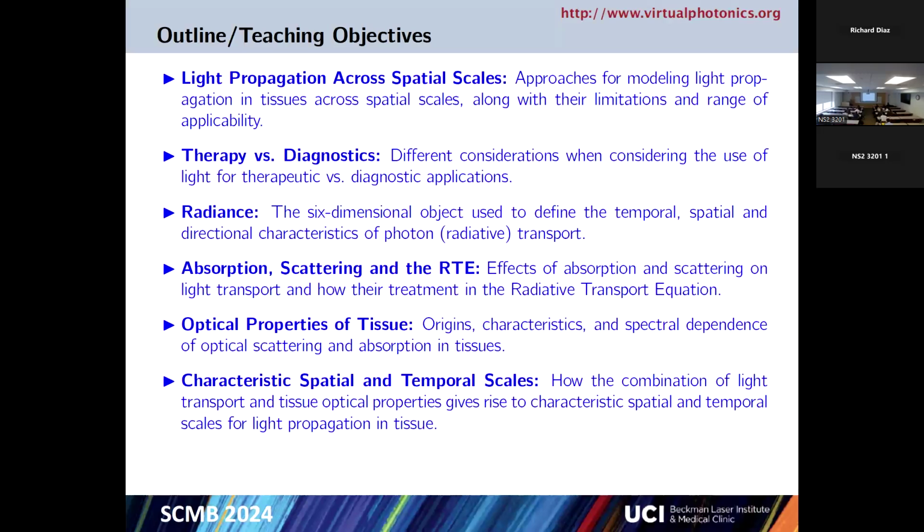We're going to talk a little bit about where those properties come from, what are their characteristics, what is the dependence on wavelength, etc. And then once we understand the process by which light propagation occurs through the RTE, and we understand optical properties, that combination naturally gives rise to characteristic spatial and temporal scales. And you will find that those temporal and spatial scales actually have direct bearing on,